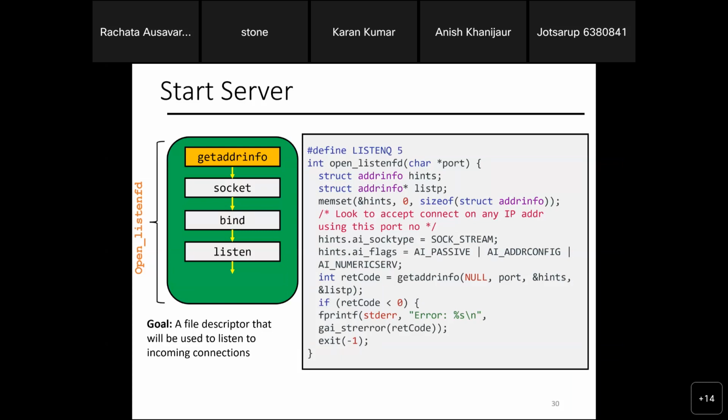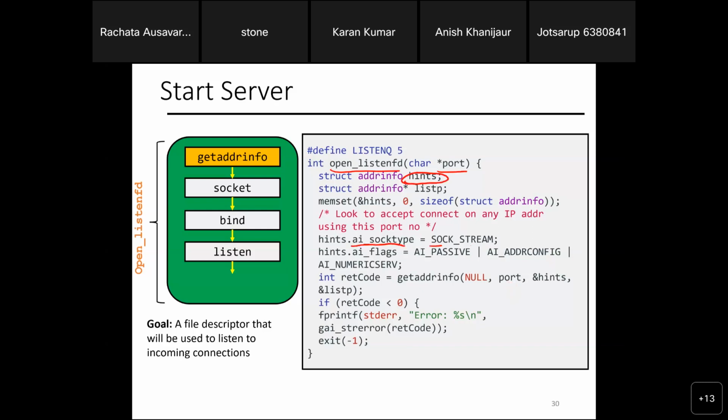So I listen to the incoming connection, but before I even go there, I need to open the file descriptor. I have the port number as an input. I set up the address info. First, remember this hints thing is the address info that tells you the type of connection, right?